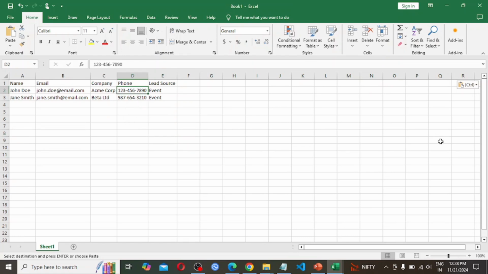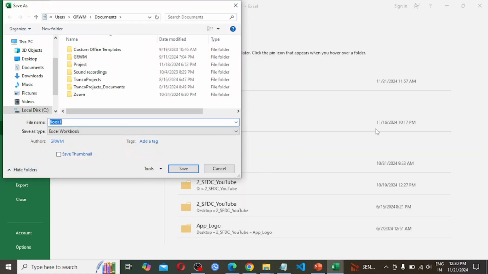So here I am going with the updated phone number, and in the next record I am going to provide another. So I have modified both the phone numbers. Also we have to save this file with CSV extension. Here I am going to provide the name phone update